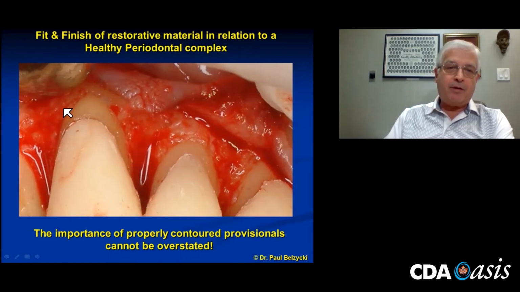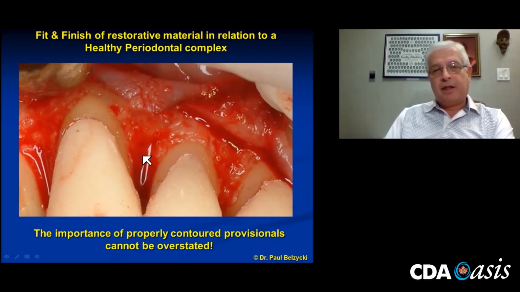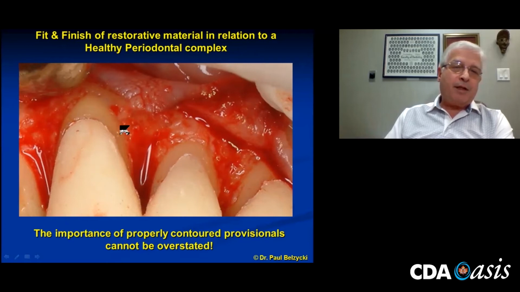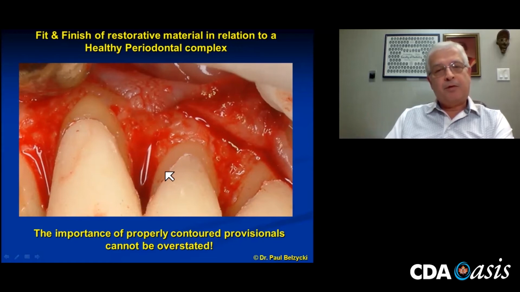Now I can come around here and say, well, I've got to take a little bit more bone away. And you can do this with a little scalpel blade, a number 15. You lean it up against the bone, and it just cleaves off. And you can take off little by little. Now, doing it old school. If a laser can't help me here, then I see no reason for a laser. That's my own personal opinion. And this series of presentations is how I practice in my personal opinion. So a little bit of knowledge and a very inexpensive scalpel blade, I can sculpt this bone to a high